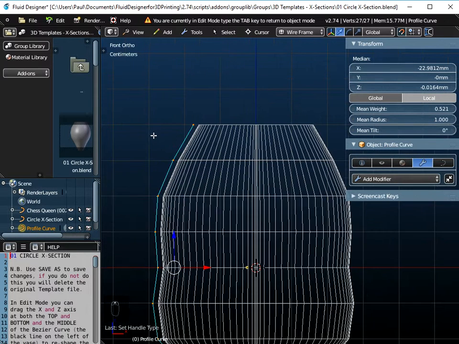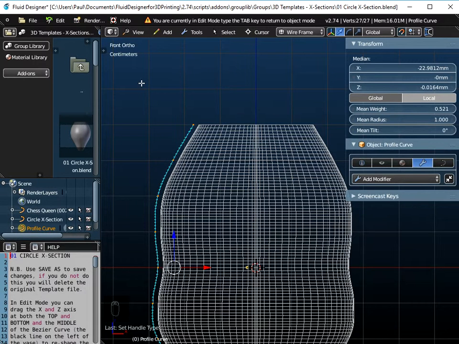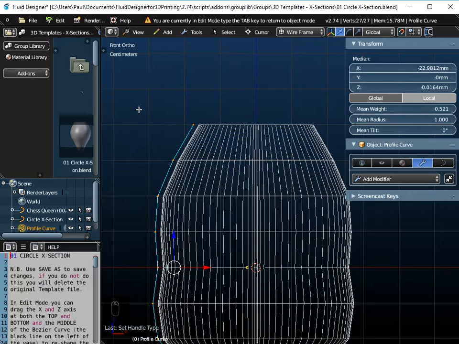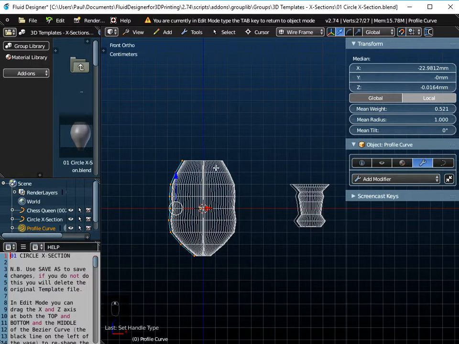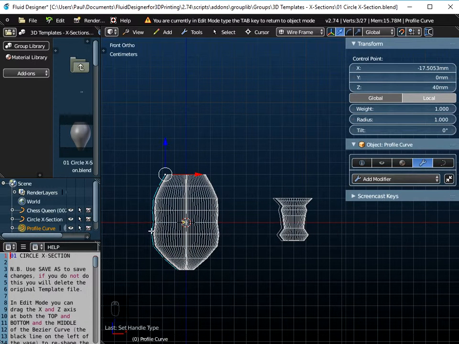Now when I select vector, we get straight lines between the control points. If I just switch it back to automatic again, you can see that's more rounded. Vector type gives me straight lines between the control points. So really now what I want to do is to modify this profile to make it look like this queen